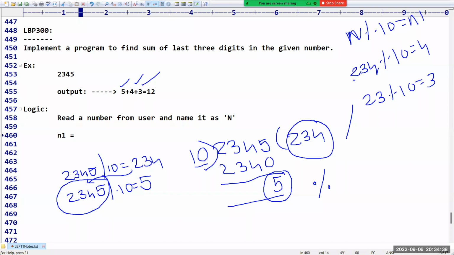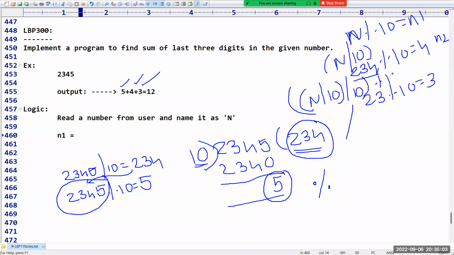How can you get 2, 3, 4? Simple. If you divide N by 10, whatever division result we get is our required result, which is N2. You can take N divided by 10, and whatever result you got, divide it again by 10. Whatever result you get, take percentage 10, which is your N3. Like that we can write.